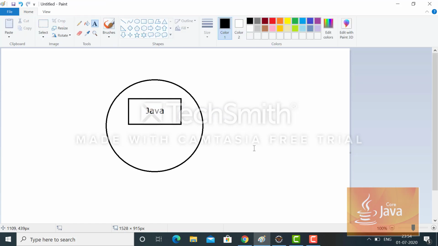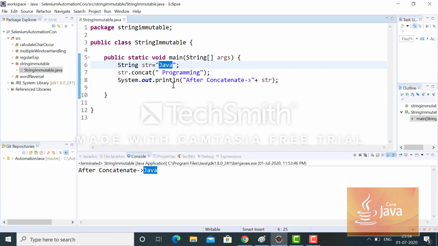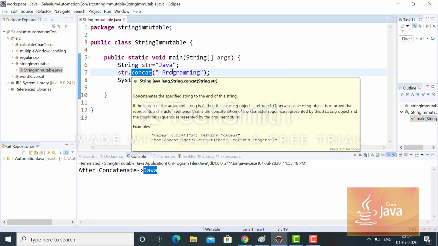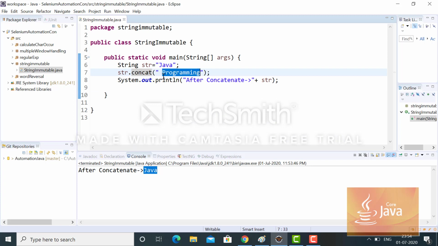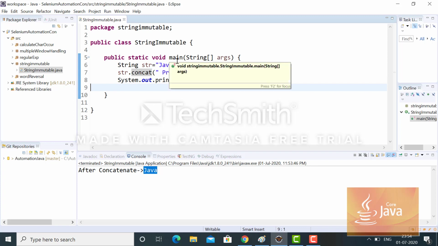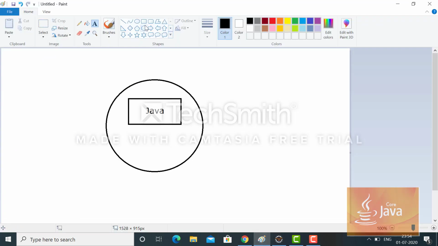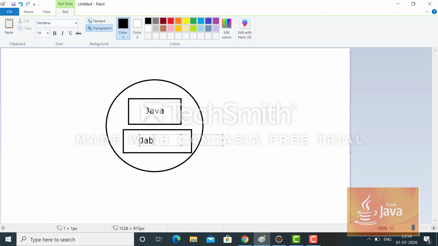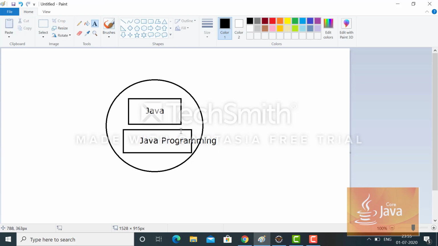When we concatenated using space programming, we didn't get the modified value. Why? What happened in the memory? It created another object.